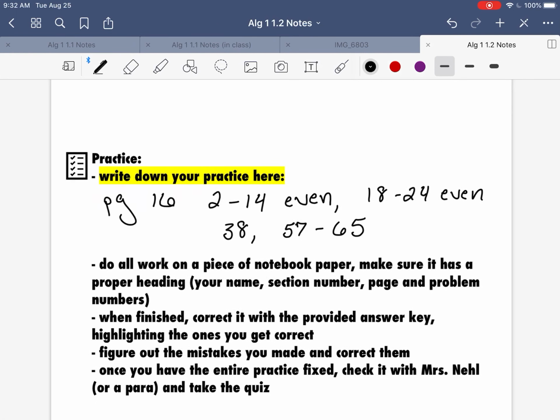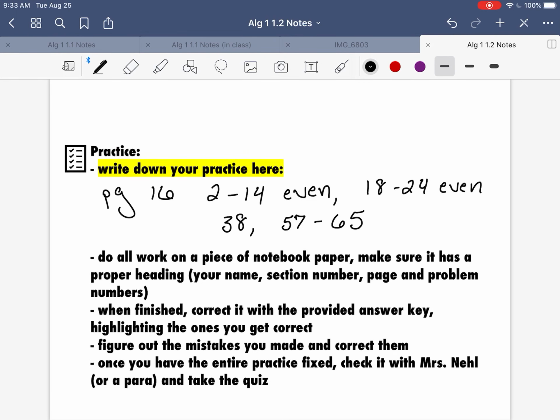When you do all work on a separate piece of notebook paper, when finished, you will correct it with the answer key that I will provide you, or it will be through Schoology. Highlighting the ones you get correct, figure out the